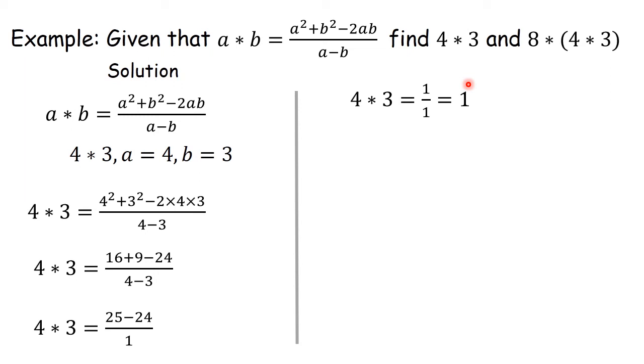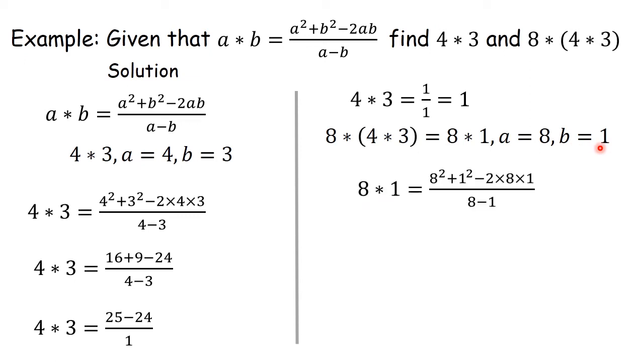And then we find 8 star, 4 star 3. We have obtained the value of 4 star 3, so that will give us 8 star 1, because 4 star 3 gave us 1. So in here, a is equal to 8 and b is equal to 1. And then we substitute in our formula. So 8 star 1 will be equal to 8 squared plus 1 squared minus 2 times 8 times 1, divided